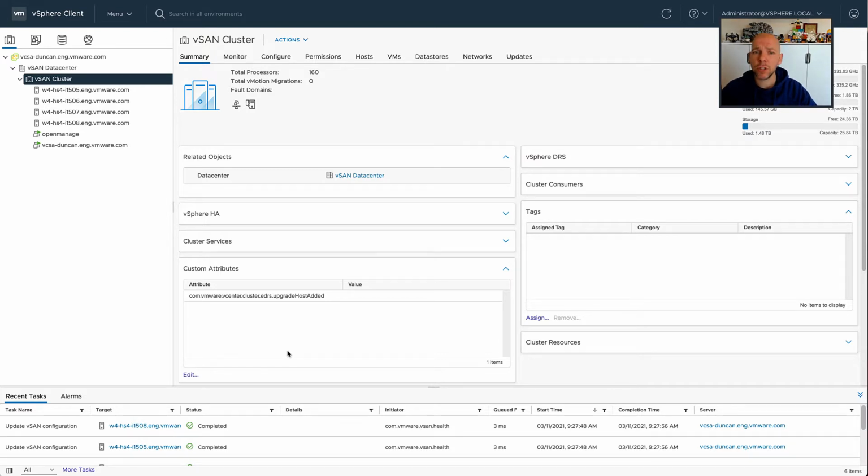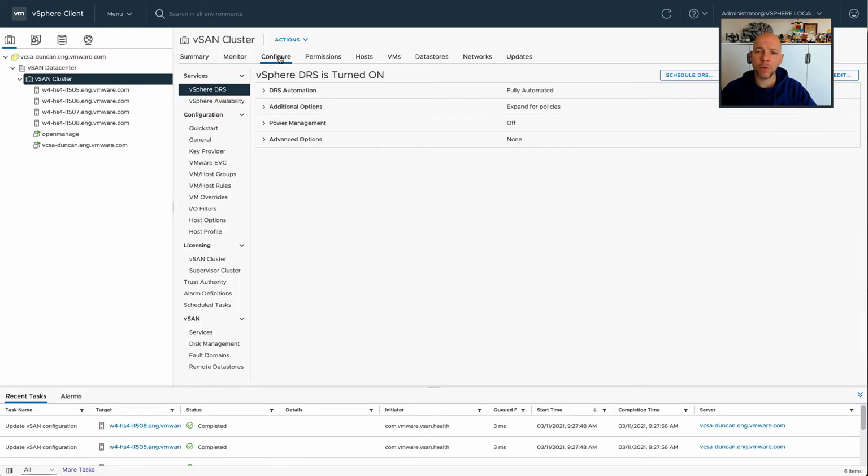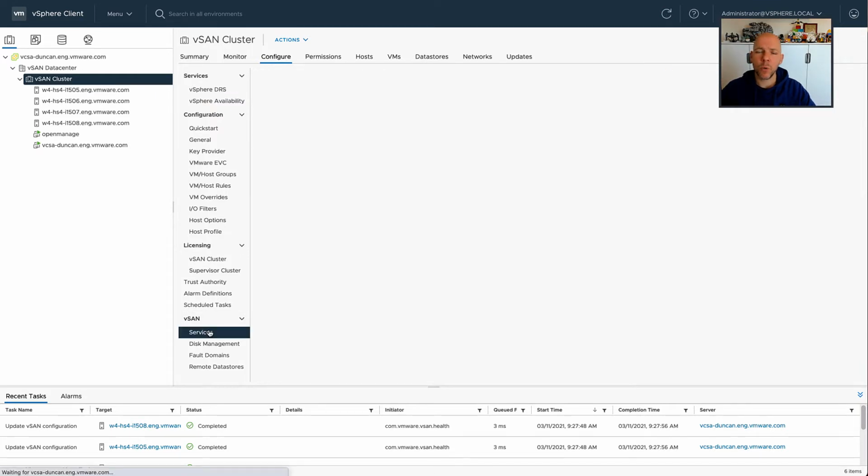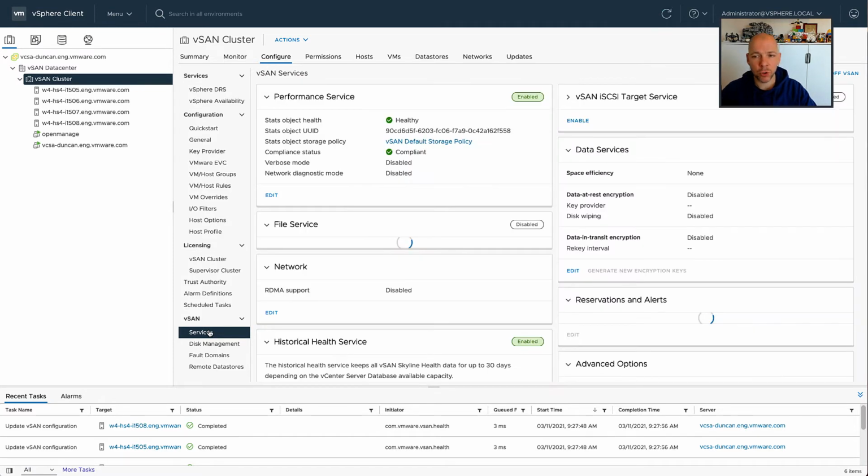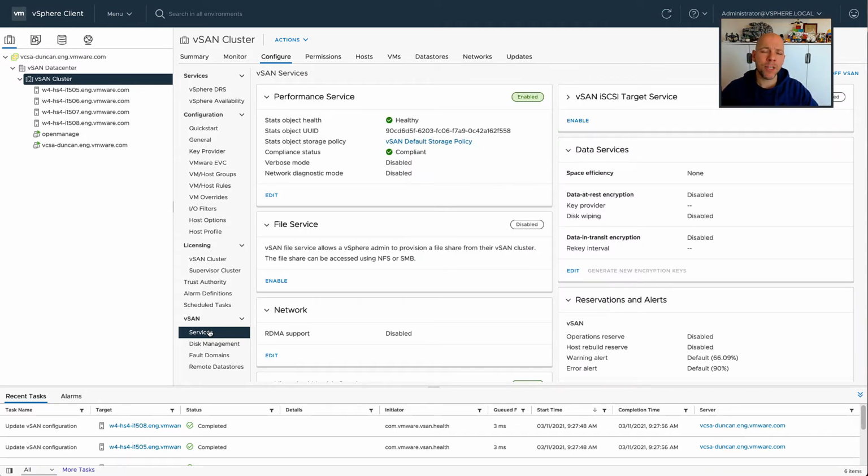Today I'm going to show you something which I think is really valuable that was introduced as part of vSAN 7.0 Update 2, and it's actually part of the configuration section. So when I go to my vSAN cluster and I click on configure, I now have a new option under vSAN services, which basically allows me to specify what my warning threshold should be whenever I reach a certain level